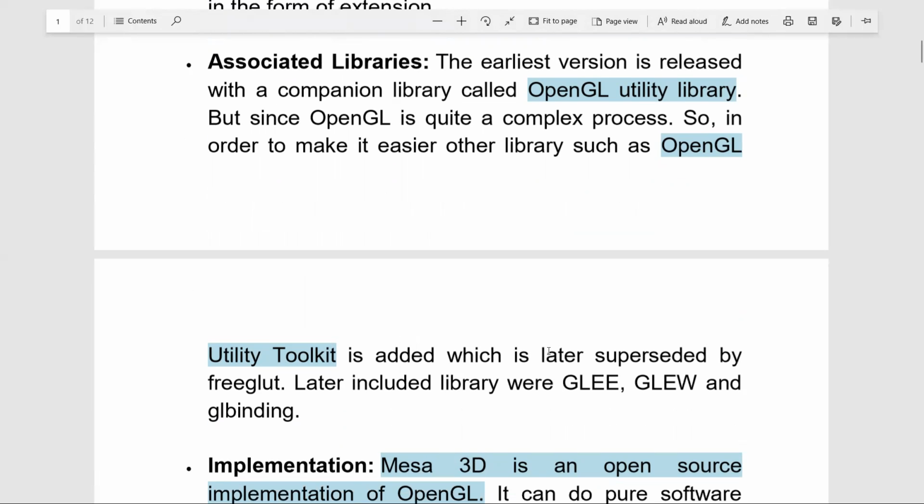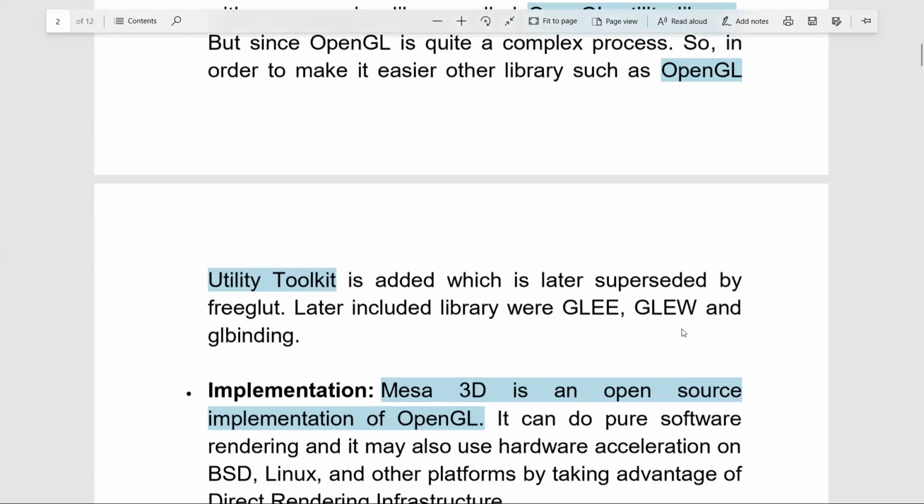The libraries are superseded by more libraries, say GLEE, GLEW, as well as GL binding. The implementation of OpenGL is in the form of Mesa 3D, which is referred to as an open source implementation of OpenGL.